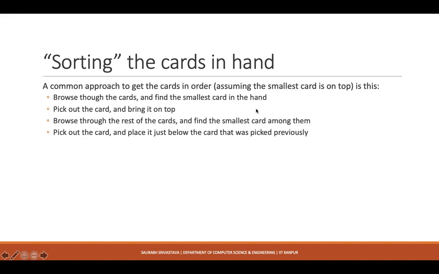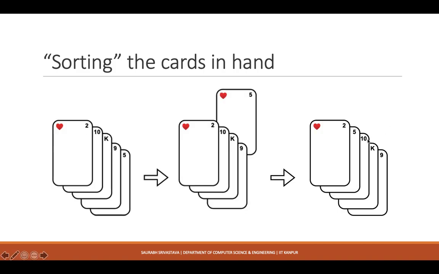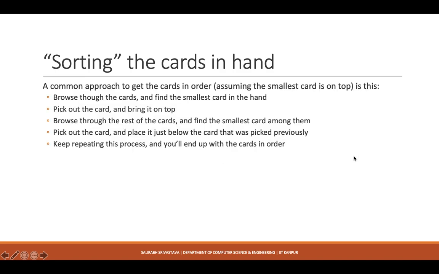And then what I do is I just place it right next to the card that I have already placed on the top. So basically I just place it next to 2. This is what I'll do. And if I just keep on repeating this process, finding the smallest card, and then keep on adding them one after the other,